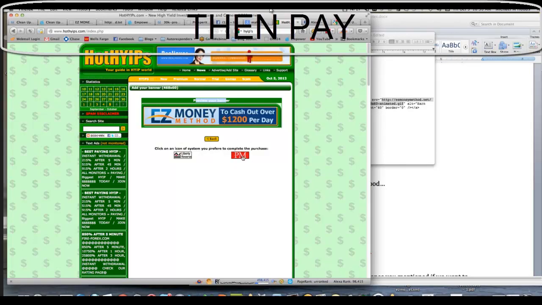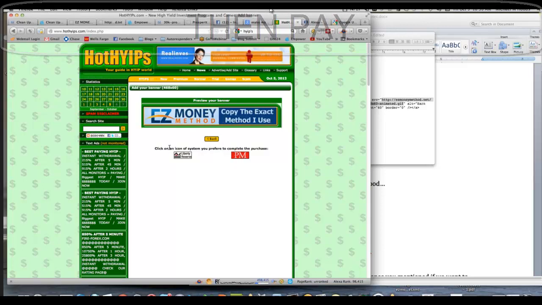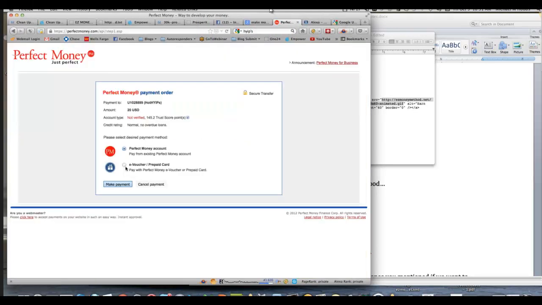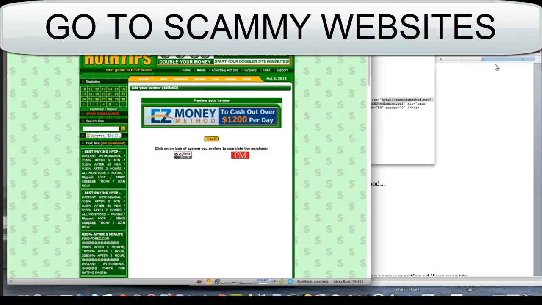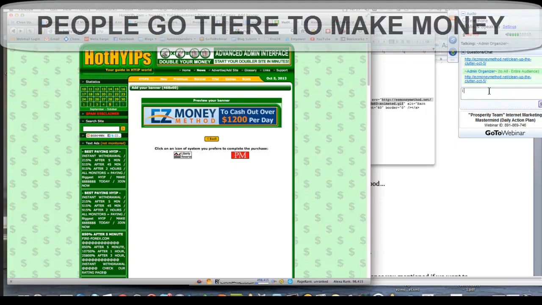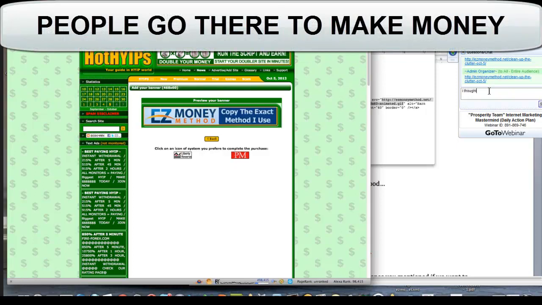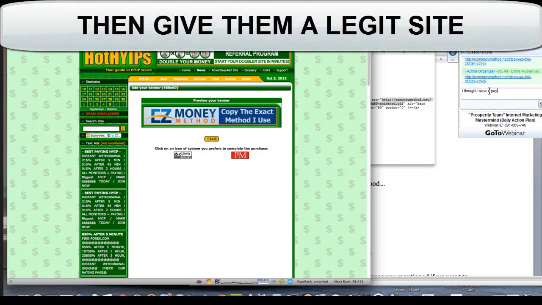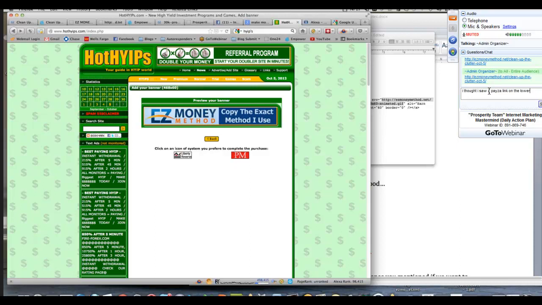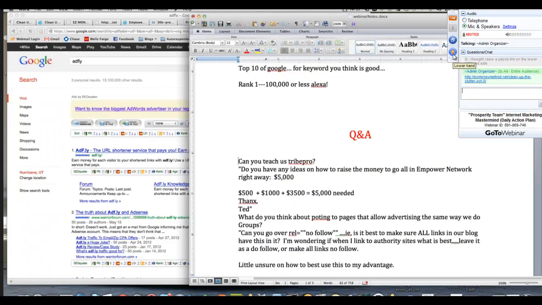Isn't that cool? Now, the only problem with these kind of websites is that you go where you think someone would want to make money, or they're looking to make money, and obviously, these little scammy websites, most of the people on here want to make money, so put something legit on there, take them out of that path, right? And it was not the right code.